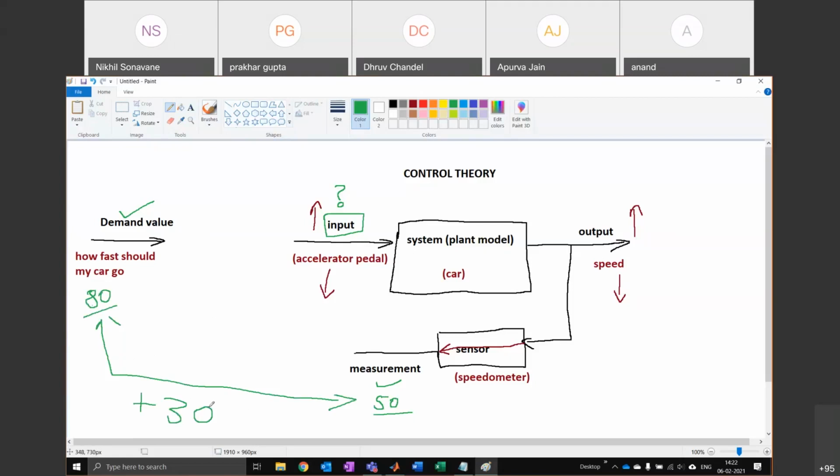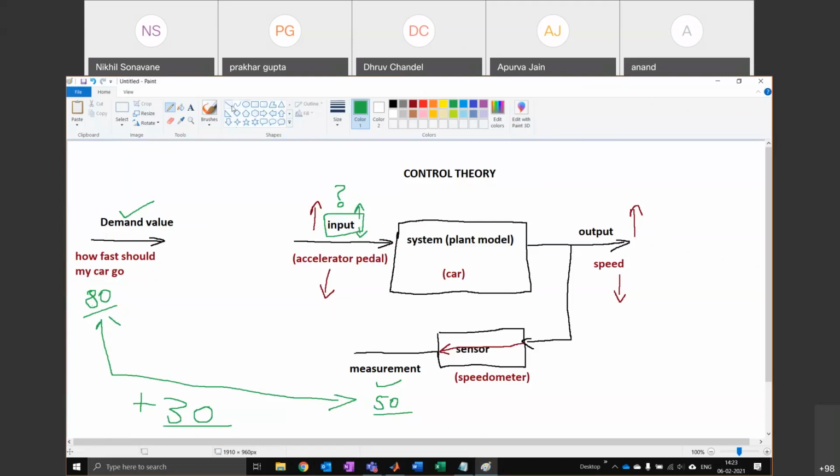If I have a margin of plus 30 and this sign is positive, what should I do here? So you're on the right track. So I'm going to subtract this. I'm going to get plus 30. What should I do here? Increase the input. Not 30 more because you can't apply 30 kilometers per hour on an accelerator pedal. But if this symbol is positive, your input should be going up. If this was negative, then I would be going down.